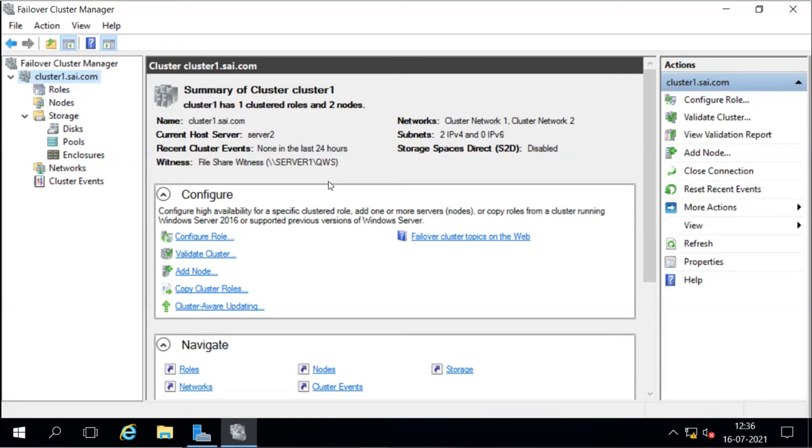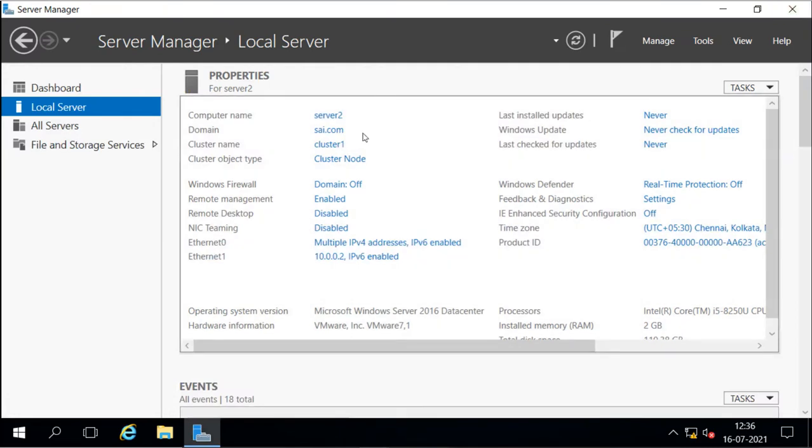So what I am going to do now, first I am going to install the role in both the servers, server 2 and server 3. Right now we are on server 2 here, so I am going to install the role here.